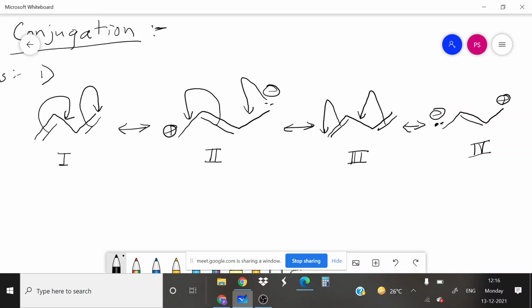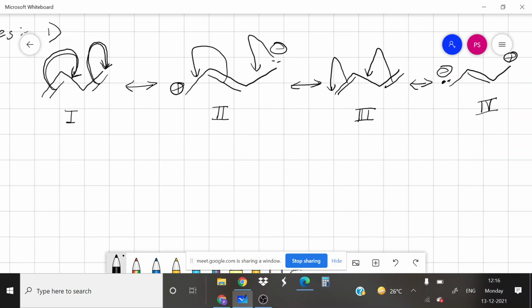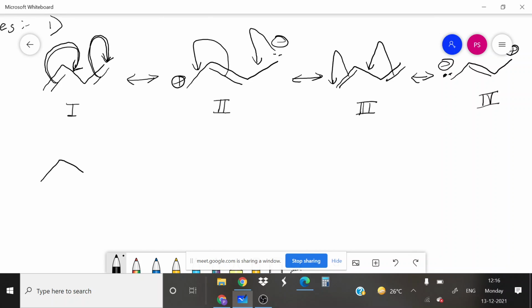Now this is the example of butadiene. You can see here the electrons are moved from the pi bond in this manner, and we get the next structure. Look at the first structure and focus on the movement of electrons. The pi bond will shift in between the next two carbon atoms, and this pi bond will shift to the extreme right carbon atom. So this is structure number 1.